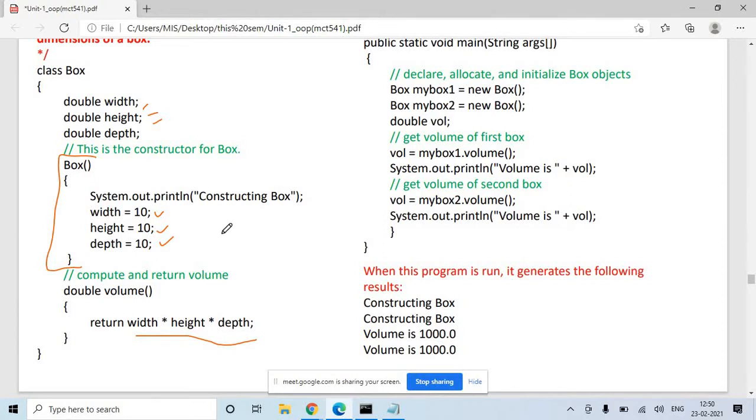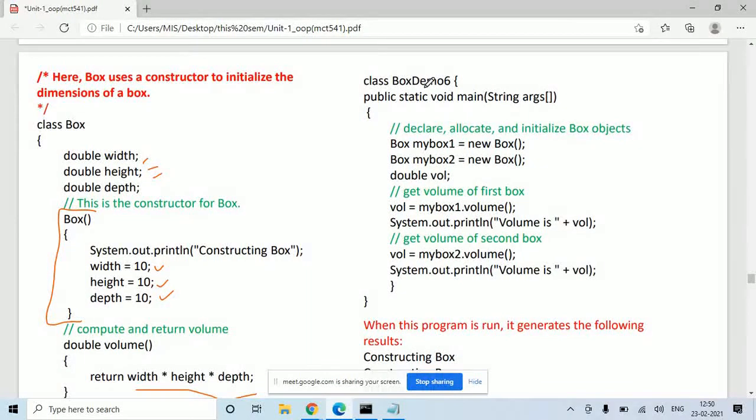How does this work? We have created a BoxDemo6 with public static void main. Inside that we are creating 2 objects, let's say myBox1 and myBox2. Your myBox1 object will look like this, and your myBox2 will look like this.